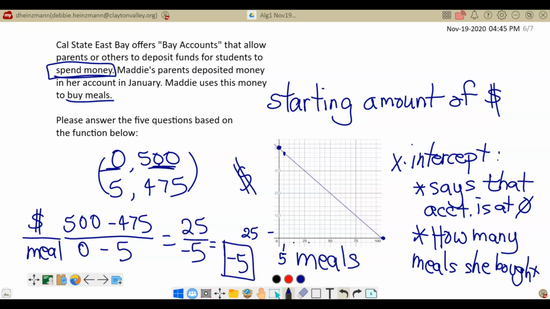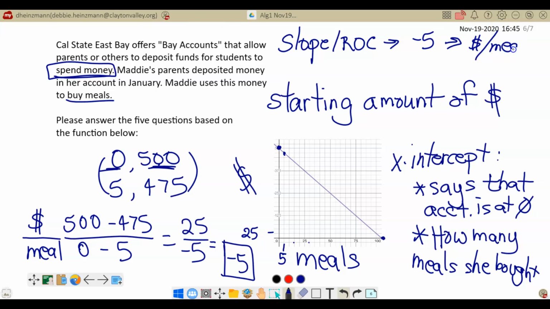So the slope, the rate of change, I'm just going to make it ROC, your slope or rate of change is -5, and the significance of that is dollars per meal. Okay? And once again, it's obvious this is a decreasing function. So now I'm going to pause for a minute so we can erase this and then answer our last question,